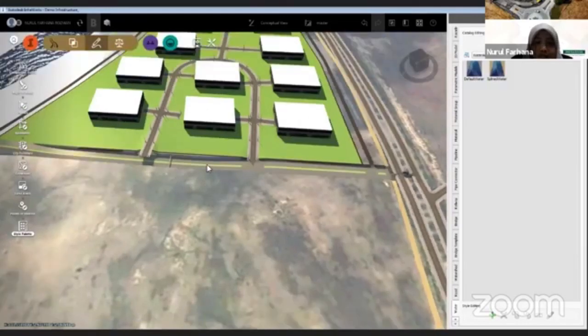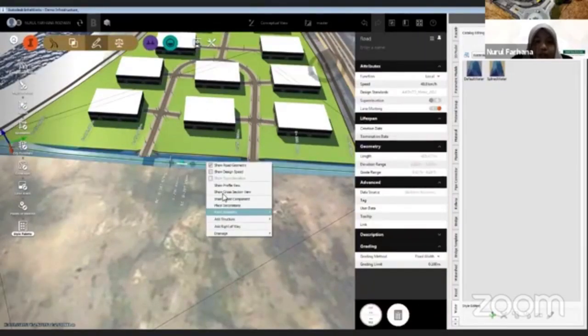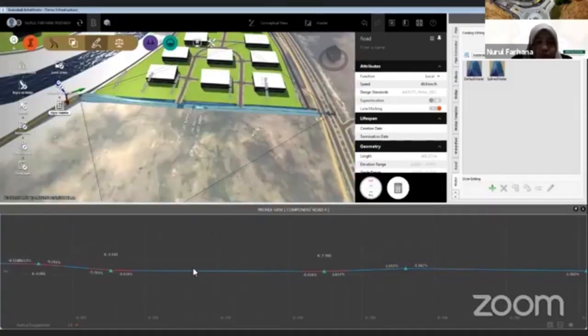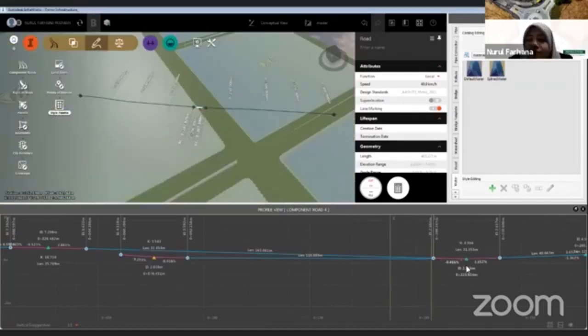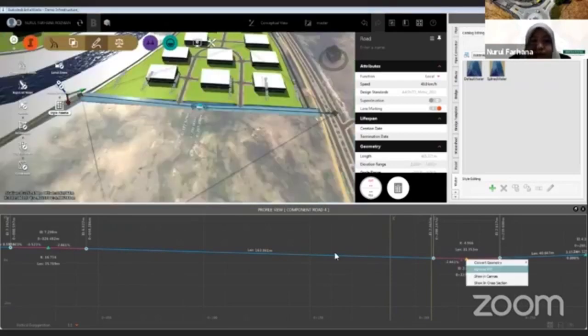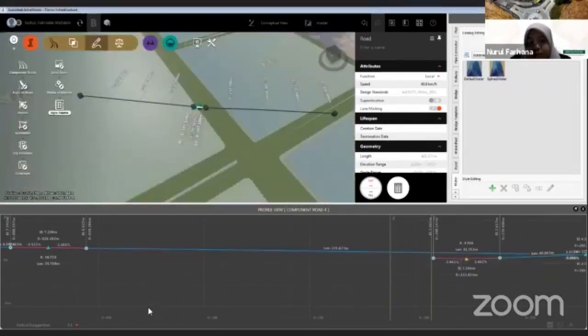Okay, so here you also can change the value by using the profile view. Okay, in profile view, maybe you can edit the level here. Maybe I don't need the vertex. I just remove the point. Just remove all the points to make it one level. Okay,